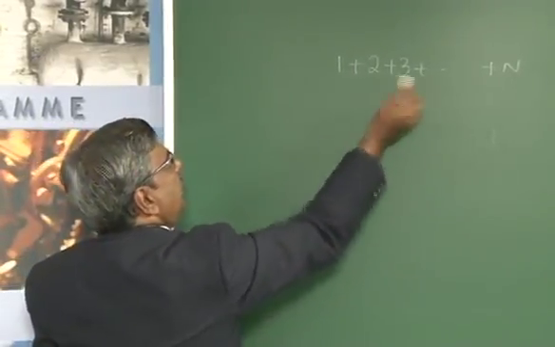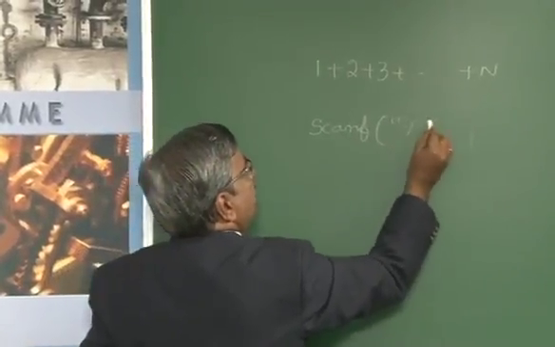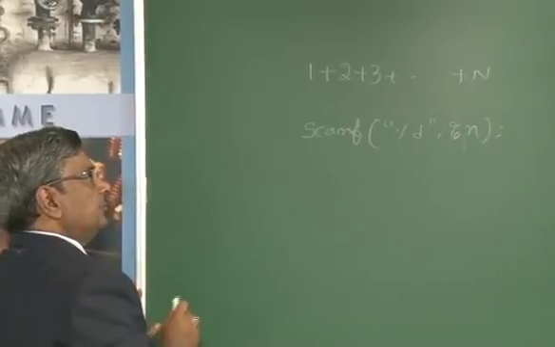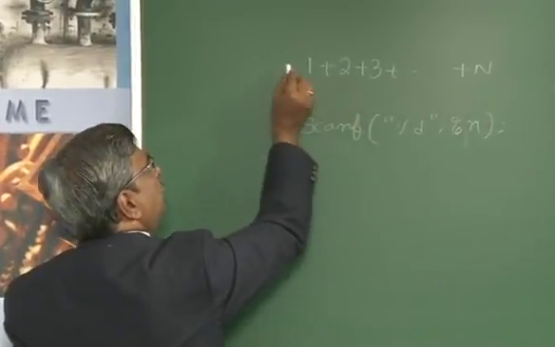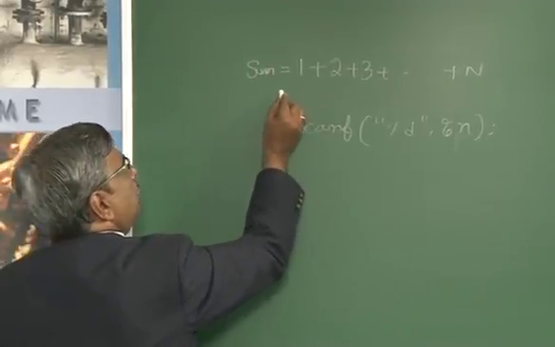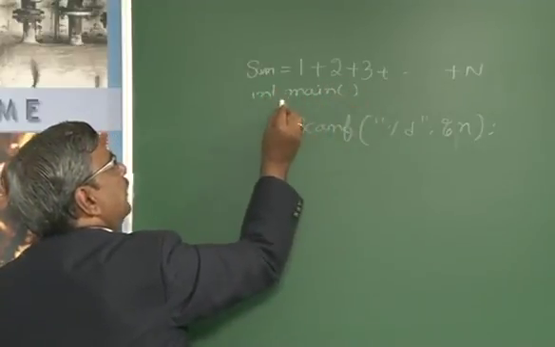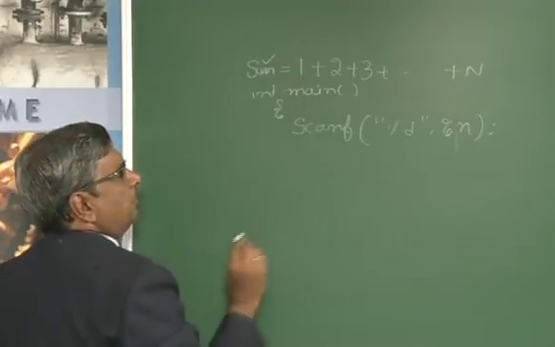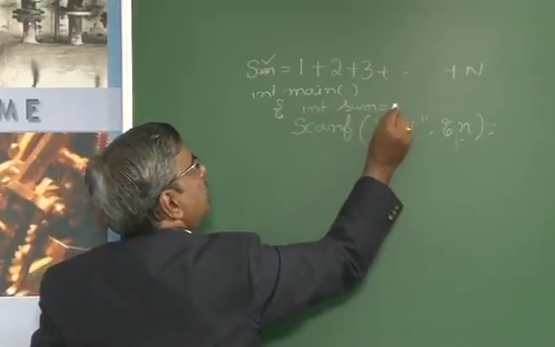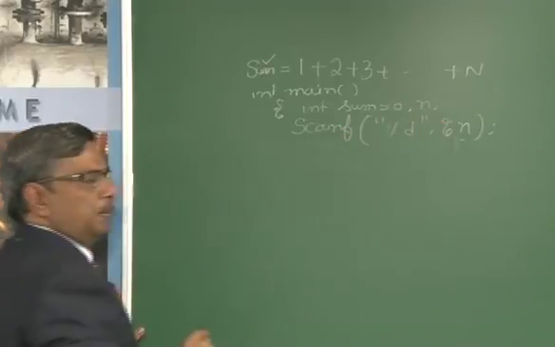You ask the user to enter the value of n by using the scanf statement. You read that number: scanf %d ampersand n. N is the number that you are reading. Here you want to add all these numbers to a variable, say sum. Main, int begin. Now you are using one variable sum, initialized to 0, and another variable n. These are the two variables you are using up to now.